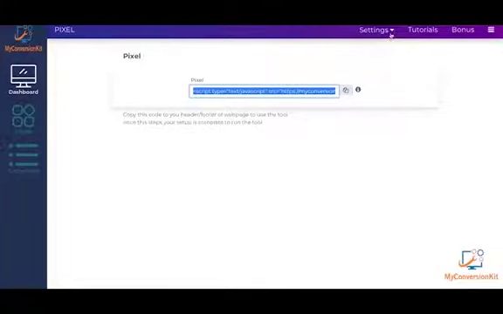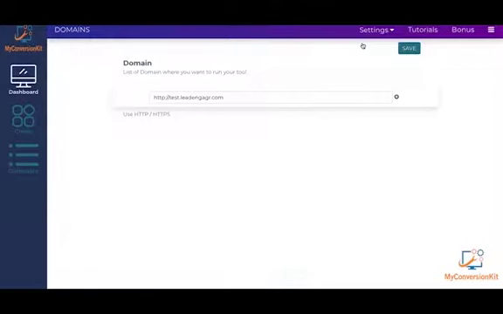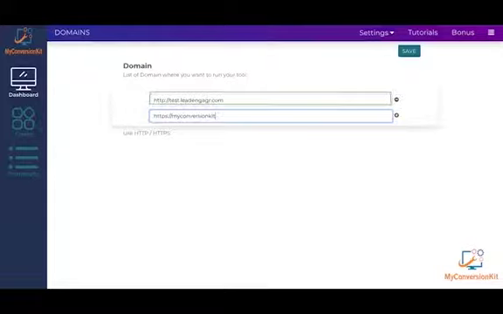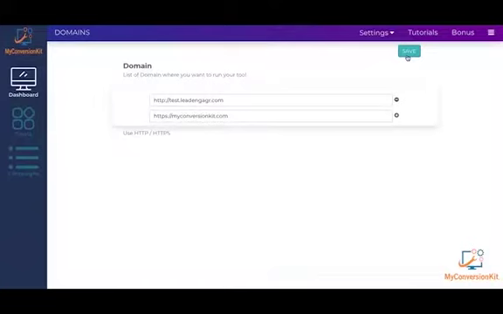Now we go to the domain profile where you need to write down the names of the web pages where you want to run the campaigns. As you can see, you can write down these names by typing in the text. Now you need to go to save in order to save this change. You can add or subtract any number of web pages. Kindly remember to save any changes before going to any other page.